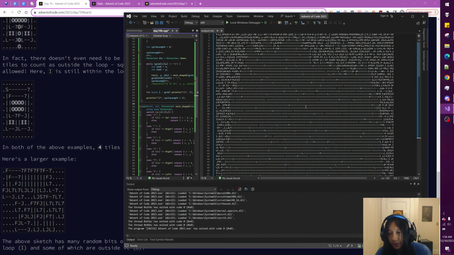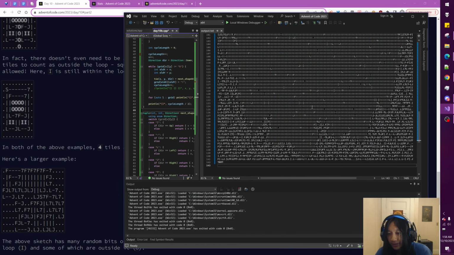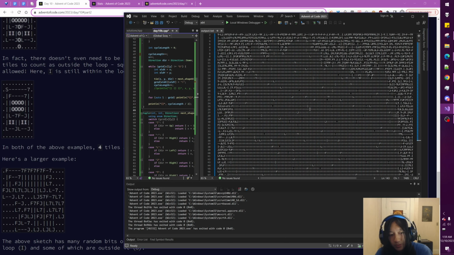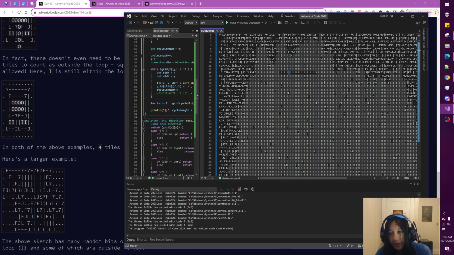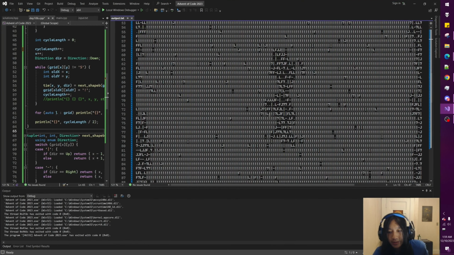So this, whoa, okay. I believe this is roughly the area I have to calculate. Sorry, this is the, okay, that's the path. All of these exclamation points are paths. So the area is going to be the stuff inside of it. And